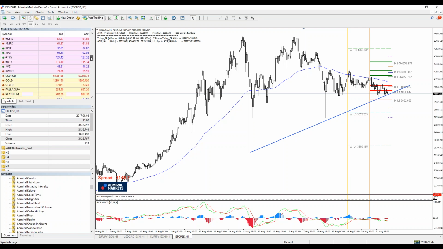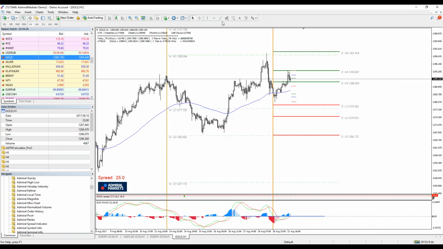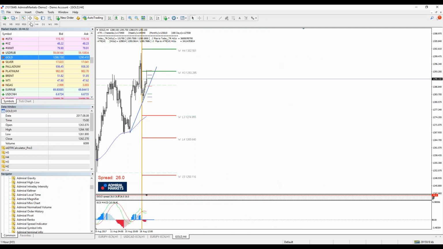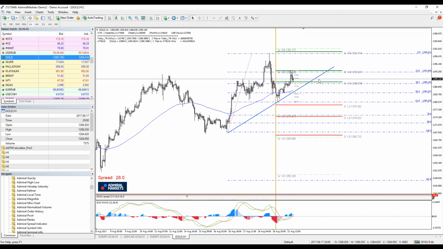And gold, okay, this is gold. Looks bullish to me. The price might get here and start to reverse to the upside. So see, this is potential confluence. And if it breaks this trend line, if it closes above, I think it could go more to the upside.